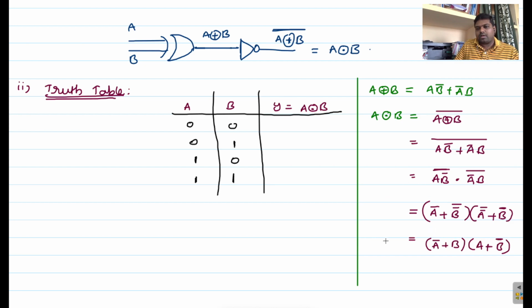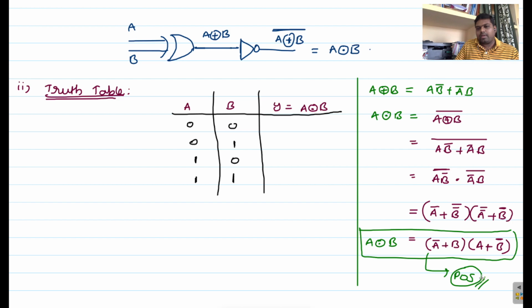So this is your a XNOR b logic, right? But this is in product of sum case. So these are the two sum terms which are multiplied, so this is a product of sum. Now for the same thing we need to calculate the sum of product equation. So first you can take this a XNOR b in product of sum, that is (a bar plus b) into (a plus b bar). So now you can simplify this entire equation.